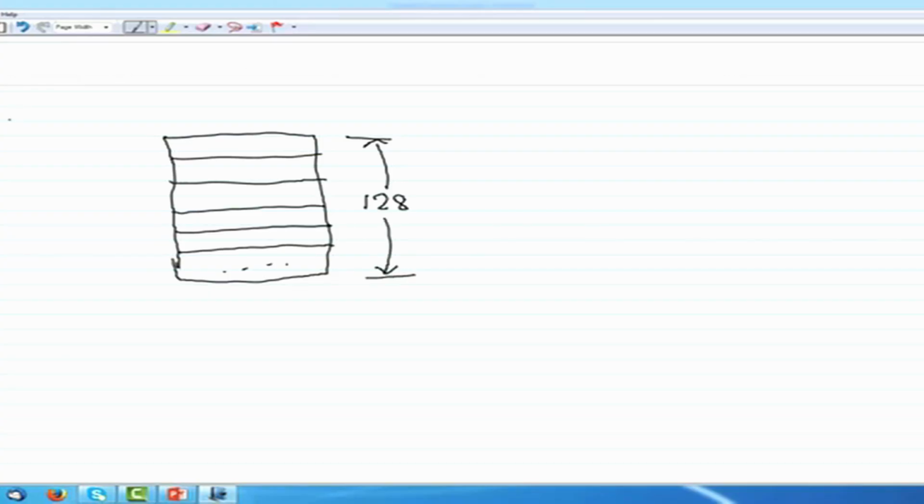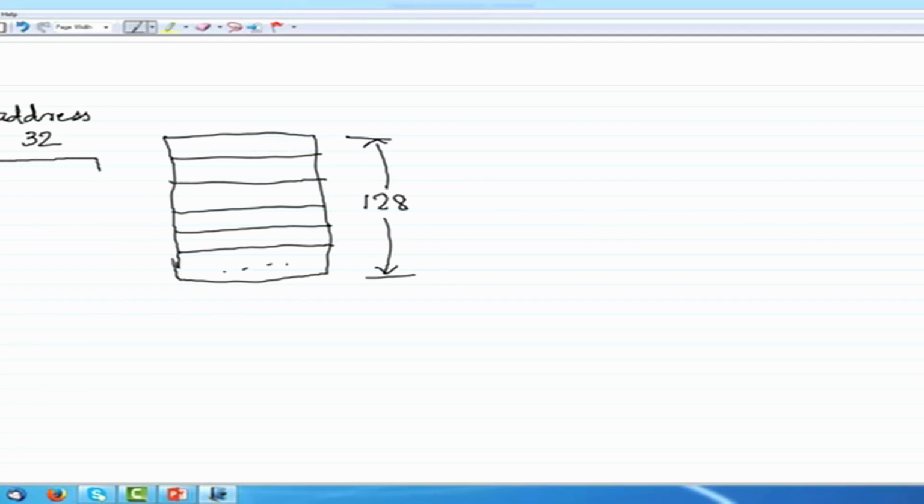So a block comes, an address comes. An address is a 32-bit quantity, and we need to map. So what we need to do is find out where exactly this address is contained within the cache. So what we do is consider the 32 bits